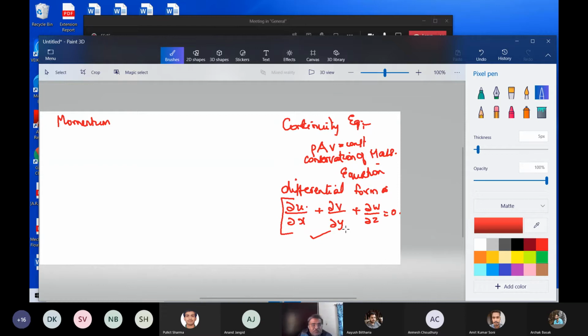After you finish with the continuity equation, we go into what is known as the momentum equation. The momentum equation is also known as the Navier-Stokes equation. All those who are planning to do CFD in their life should bother about this. The Navier-Stokes equation is something they will be dealing with all their lives if they are planning to follow this career path. Before that, I should define one more thing.